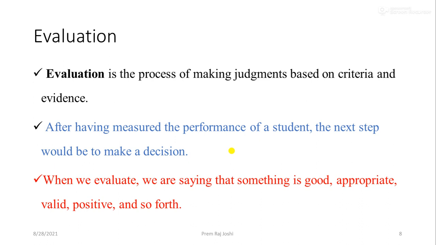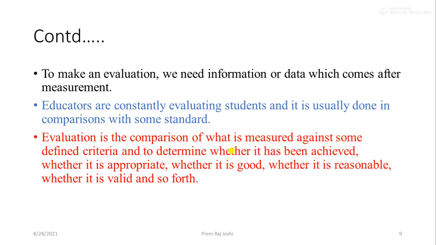I already told you before. To make evaluation, we need information. After the measurement, we have to make a decision. We have to evaluate the students. Educators are constantly evaluating students. And evaluation can also be a comparison. We have certain grades, and on the basis of that we compare the students. For example, we have A plus grade, A grade, and so on. On the basis of that, we can say a student is a good student, bright student, ordinary student, extraordinary student,